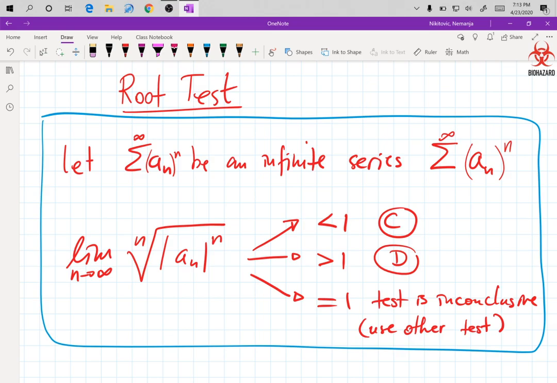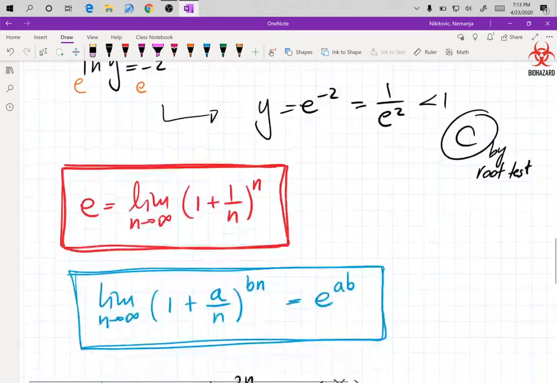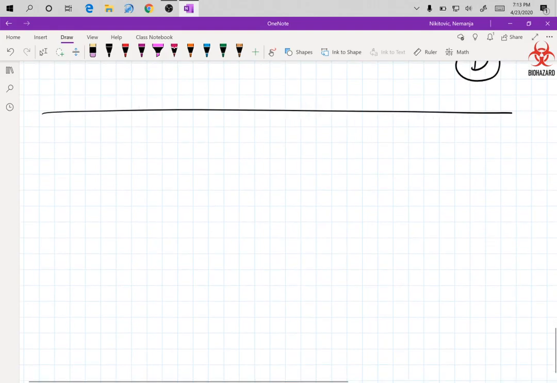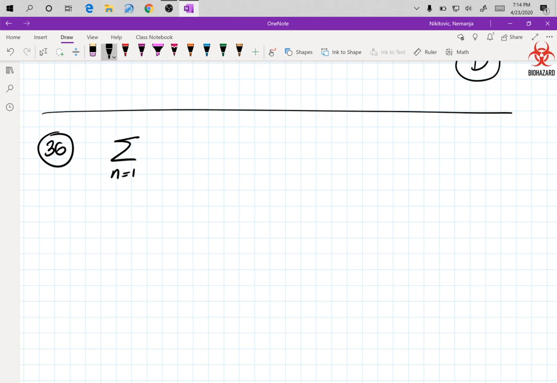So problem 36 is also like this. Most of this stuff, if you can take the limit, should be 3 seconds. Let's do 36 and then end this. The summation n goes from 1 to infinity of n squared divided by 2n squared plus 1, everything to the n. As soon as you see everything to the n, if it's not a geometric series, you can hit it with a root test. So limit as n goes to infinity,